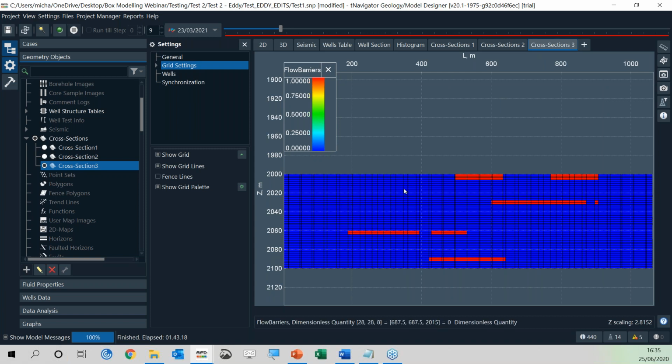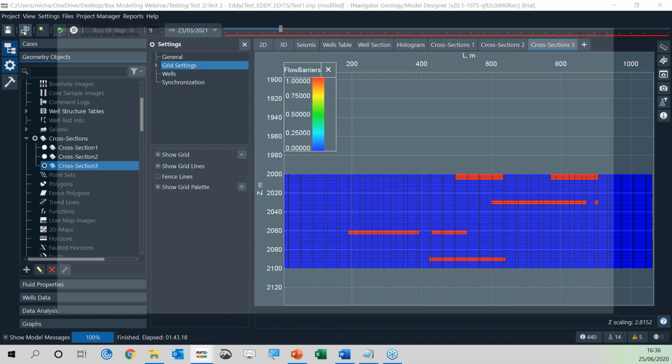So from this case, we want to go forward now into the uncertainty world. To do this, we're going to add some variables, firstly to the permeability of these flow barriers, and then also we're going to change the gas injection rate as well. So to do this, we're going to build a workflow. Top left-hand side, hit workflows,